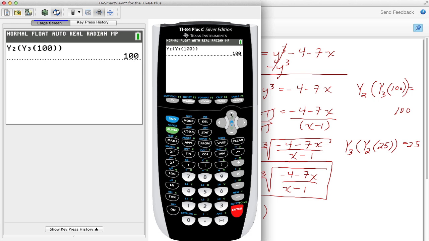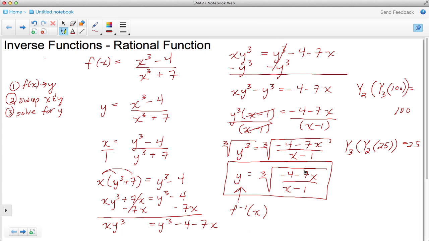And just to do this again with a different number, let me arrow up, press enter, and then arrow back. Let's delete one number here, and let's change this to 25, like I had. So when I press enter, we see that I'm also getting back 25. All right, so that there was the check to prove that the inverse equation that we came up with is in fact true for this original rational function.